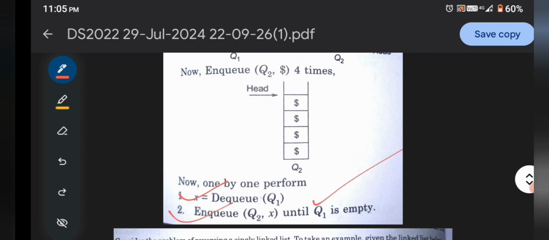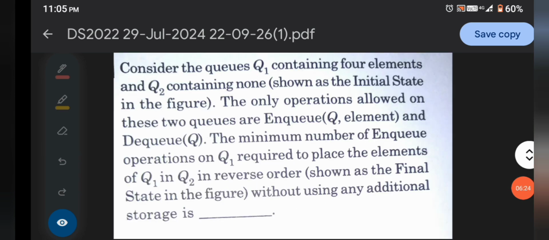So it takes zero space, because it is taking one by one. If we dequeue from Q1 and enqueue in Q2, how much space is taken? Nothing, constant time we say. But the minimum number of enqueue operations is given here, required to place the elements of Q1 in Q2 in reverse order, which is shown in the final state figure.